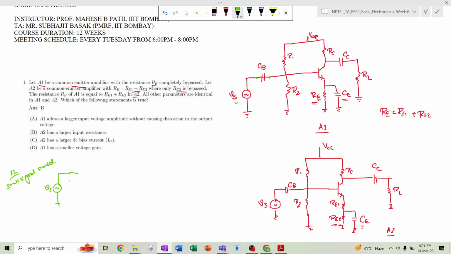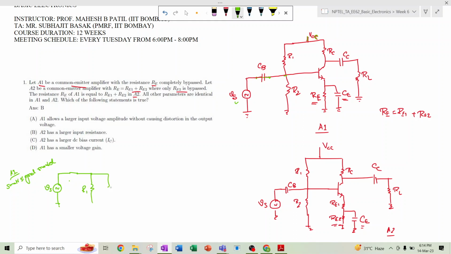Then from here we have two resistances, R2 going to ground and R1 also going to ground, because VCC is a DC source and we are now considering the small signal model. While considering the small signal model, we have to make the DC sources equal to 0. So here we have R1,